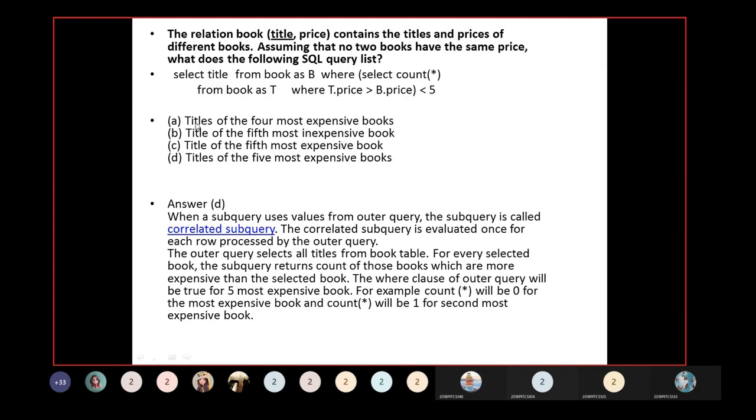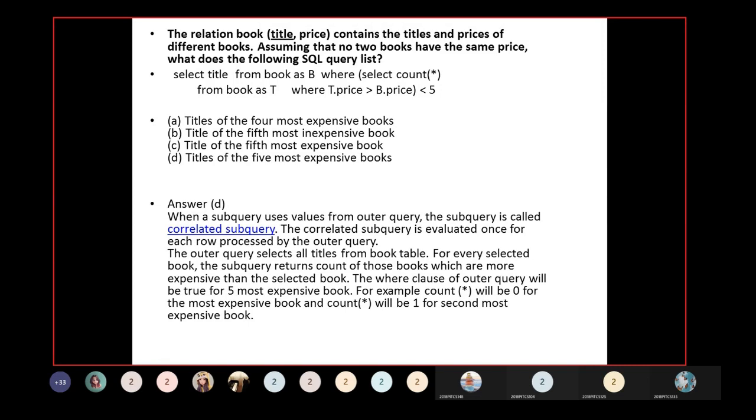The options are the title of the 4 most expensive books, the title of the 5th most inexpensive book, and then option C, the title of the 5th most expensive book, and then option D, the title of the 5 most expensive books. Okay, the answer is D, because they're using subqueries. So what is a subquery? A subquery is a SQL query within a query.